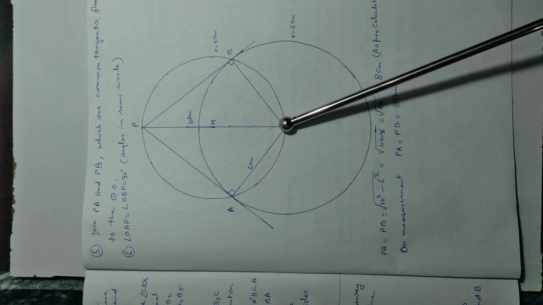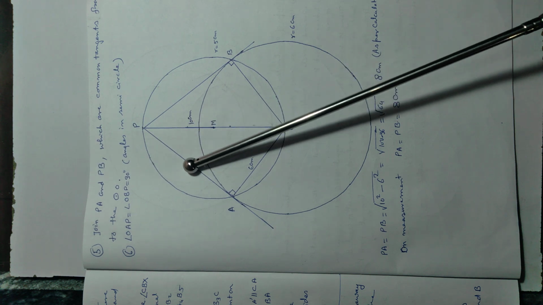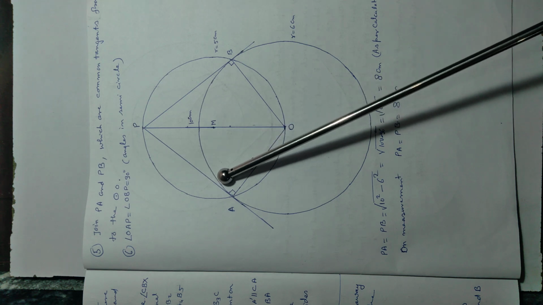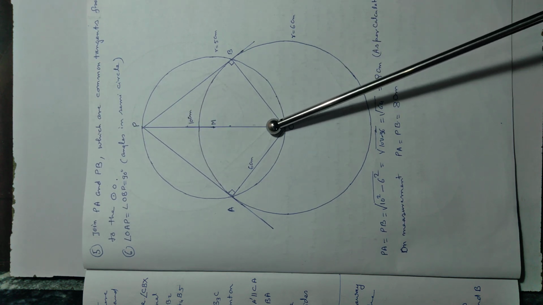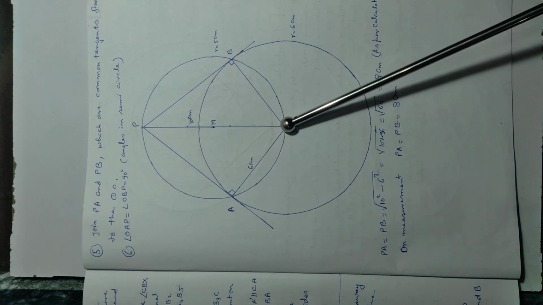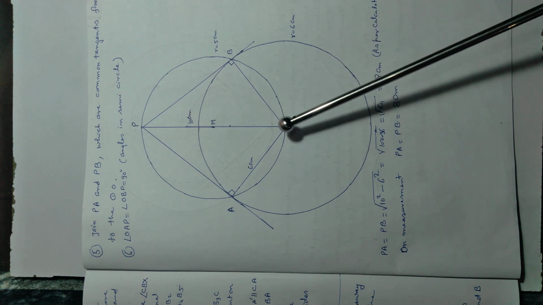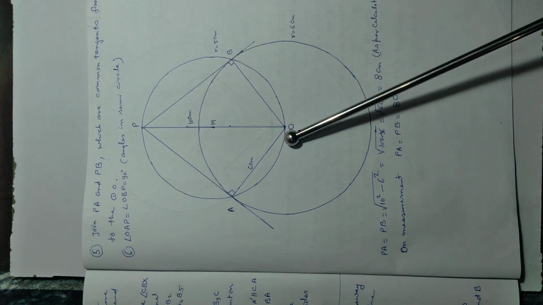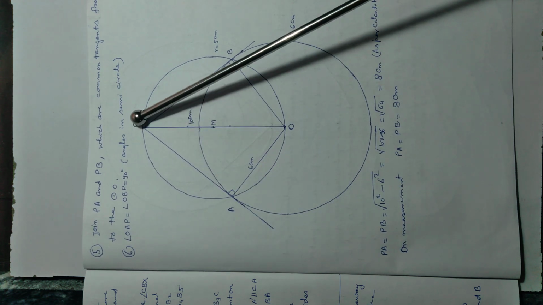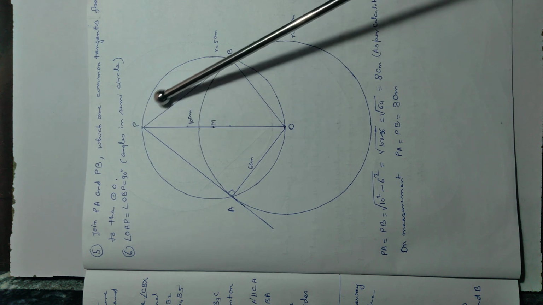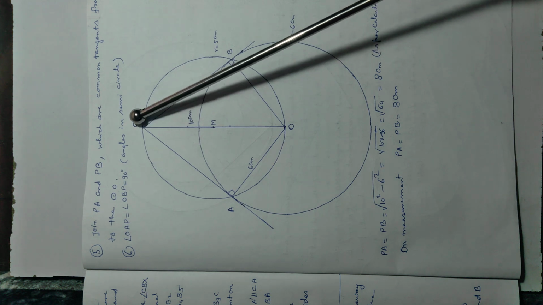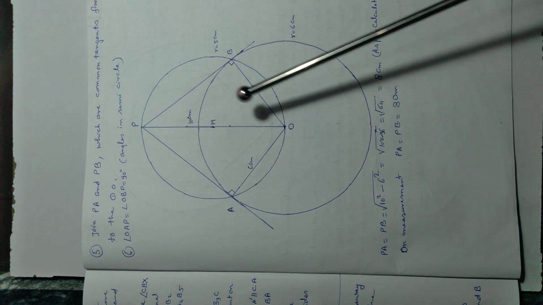PO क्या है? Diameter है, और diameter के एक part में this portion is known as semicircle. So the angle made by the diameter on the semicircle will be 90 degrees. So OAP is 90 degrees, OBP is 90 degrees. So when you join PA and PB, PA and PB are tangents, or you can say these are the common tangents to the circle O from the point P.